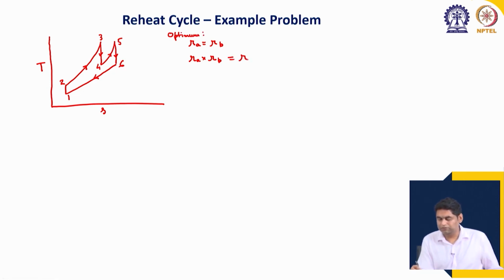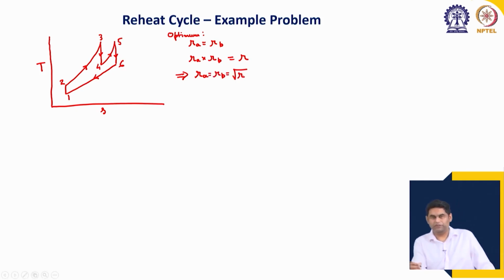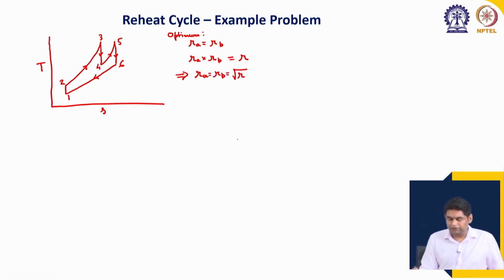Equal to R, this means that for the optimum condition R A equal to R B equal to root R. We had derived this previously also, right, and which means that now T3 by T4